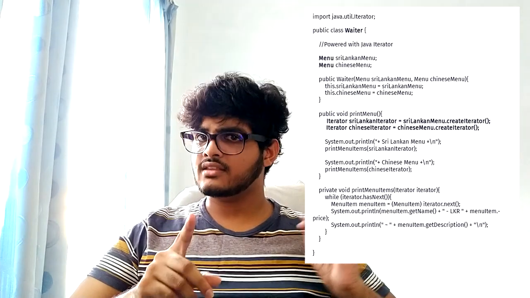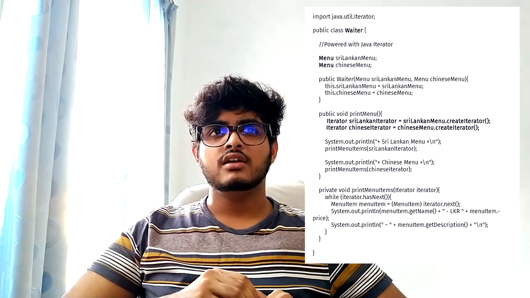Then he created one single function. Remember, in our last code for the waiter, we had to use two for loops. That was very hard because there are two types of data collections, and you have to write separate loops for both of them. Here you can just use one loop because both menus only return an iterator, which is similar.